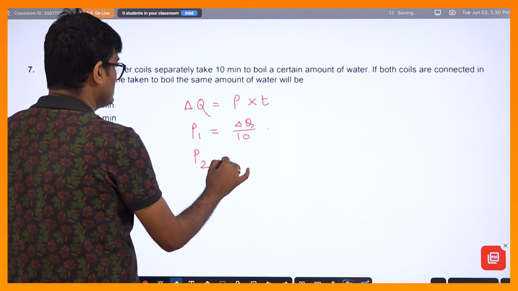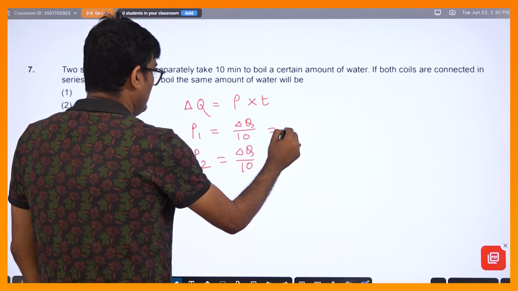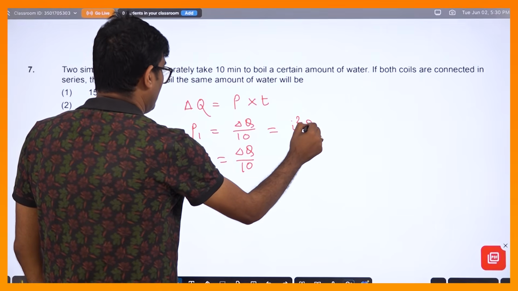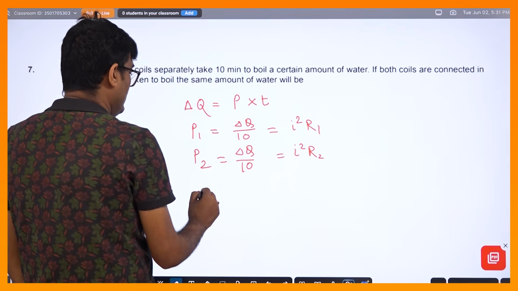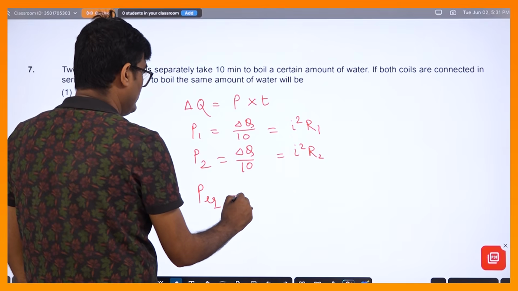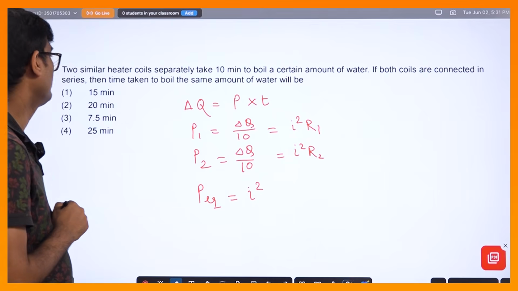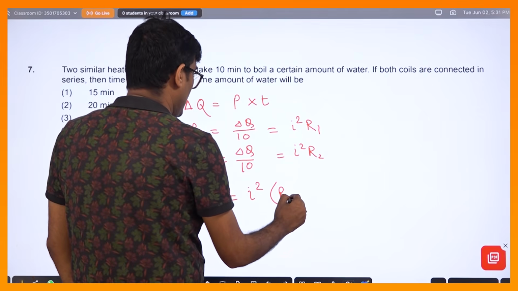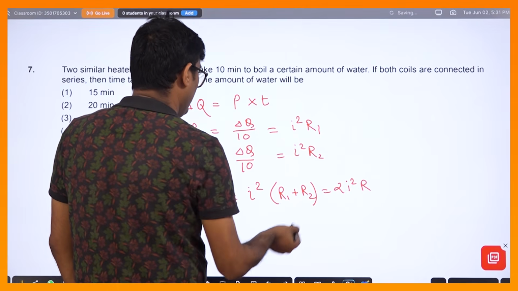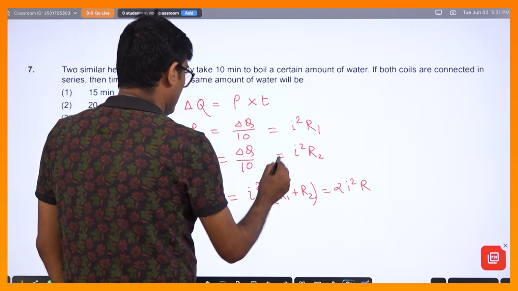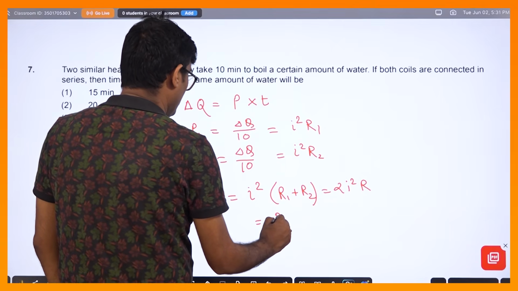Power of the second coil is also delta Q by 10. When I say that power is equal to I square R1, and that is equal to I square R2. Now if both are the same, then what is the power equivalent of them? I remains the same because they are in series, so the current remains the same, right? Into R1 plus R2. R1 plus R2 is nothing but 2R, so it is 2I square R, right? So if it is 2I square R, then the power equivalent will be twice